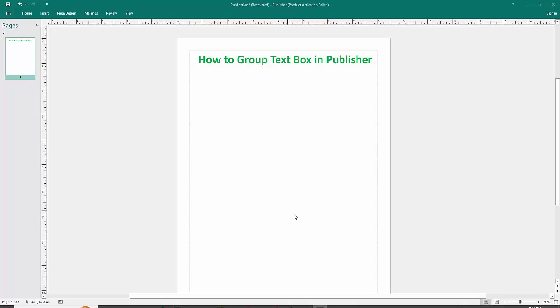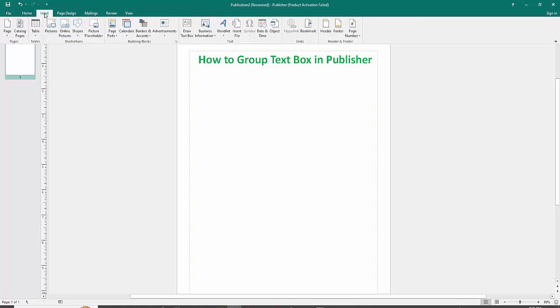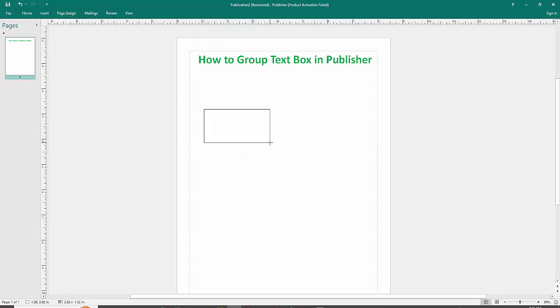Firstly, you can see and create a text box. Now click the Insert menu option, then select Text Box. Now draw a text box. Now type some text. Then again